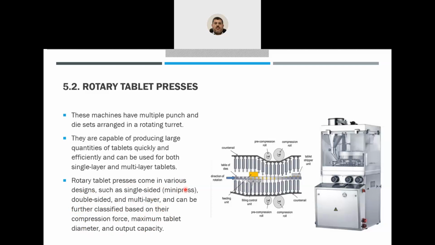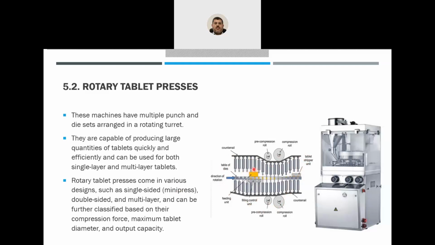The mini press is like the one we used in the practical. This one doesn't contain so many punches like in this photo, but the number of punches is limited, is smaller. This one we call mini press, mini rotary tablet press, or rotary tablet mini press, okay? And as you saw, the mechanism is there will be feeding of powder into the die, and then there will be,